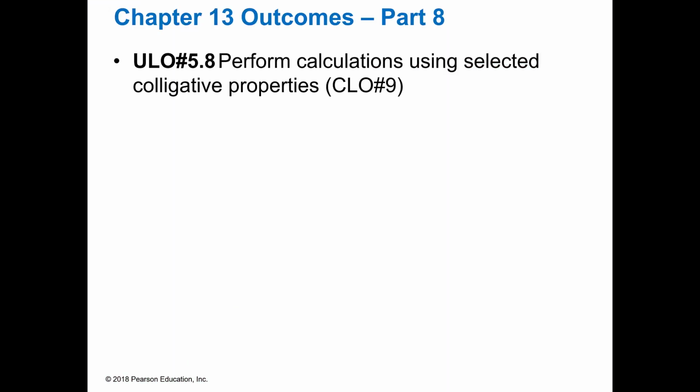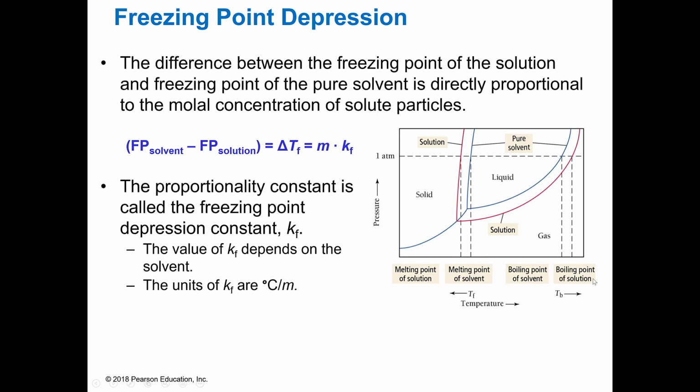In part 8 of chapter 13 on solutions, we're going to look at some more colligative properties. We're going to start out with freezing point depression, and then we'll follow that up in the next section with boiling point elevation. The difference between the freezing point of a solution and the pure solvent is directly proportional